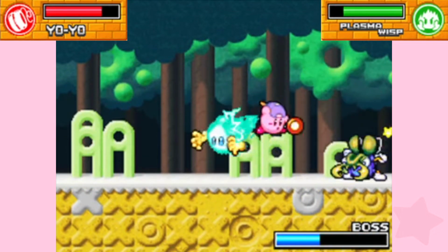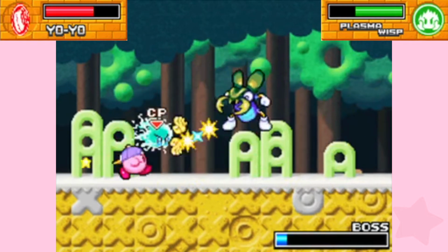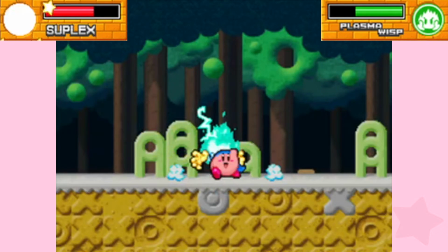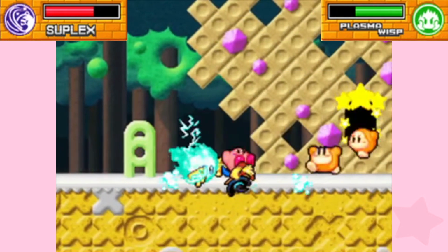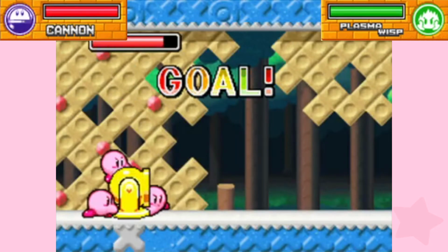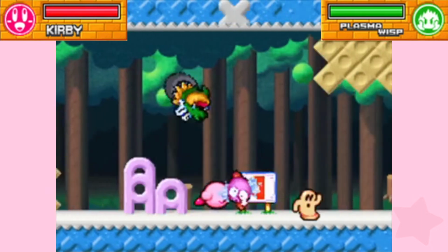Bugsy. He kind of jumps around a little. He'll grab you occasionally, like this. See, that looks like an attack that would make you lose your ability, right? If you absorb Bugsy, not Bugsley, you get Suplex Kirby. Just basically, you grab things and you throw them in different directions and with varying strengths depending on the buttons